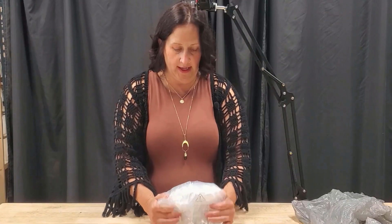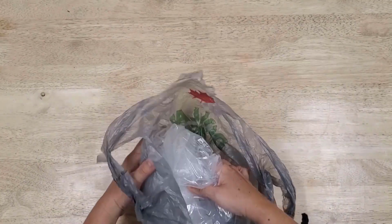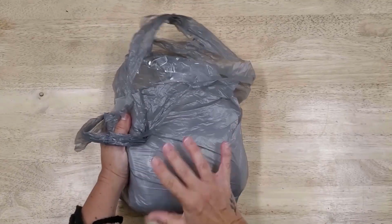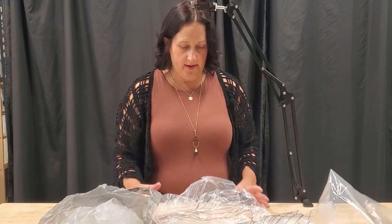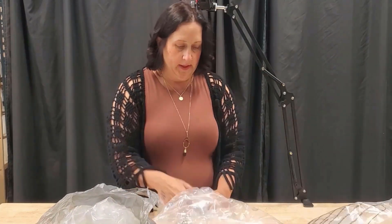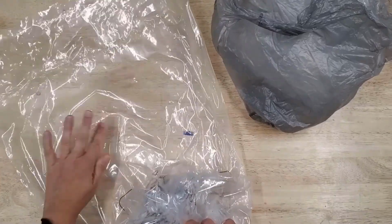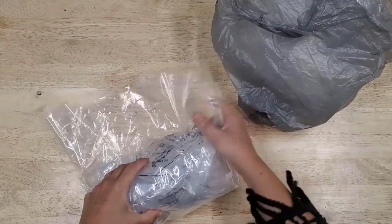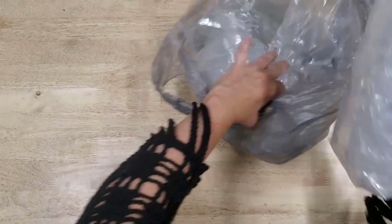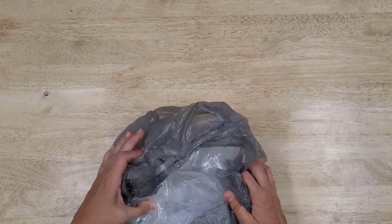So I have one bag like this. I'm going to pack it into my plastic bag so you can see the smooth edge is facing the outside. And then I'm going to do the same thing with this other bag I have. Scrunching it up to give me more volume, but then rolling it into the flat plastic to give me some smoother sides. And then I'm going to pack that into my bag